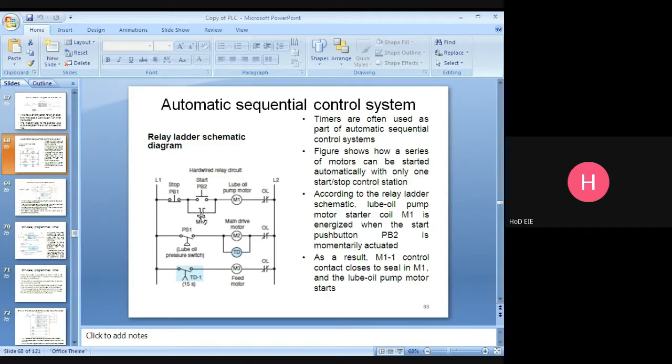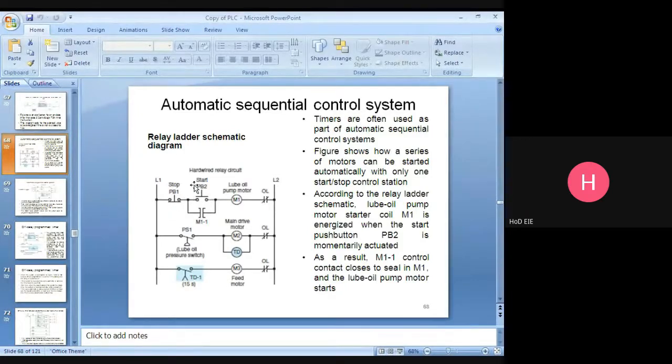Once this one is energized, this contact will be closed. Since this one is a momentarily closed switch, immediately this will open. Even though this is open, this one is sealing M1 through M1. That's why we are saying this one is seal in contact.